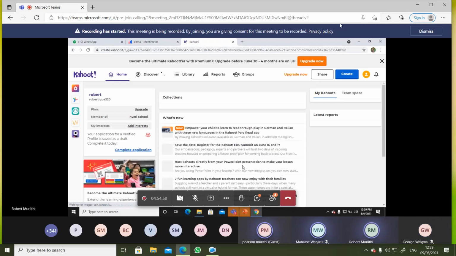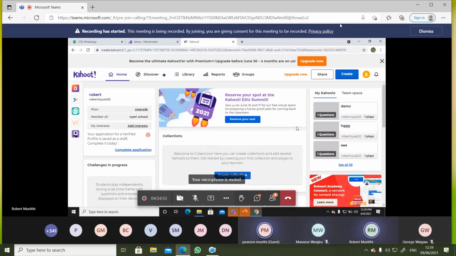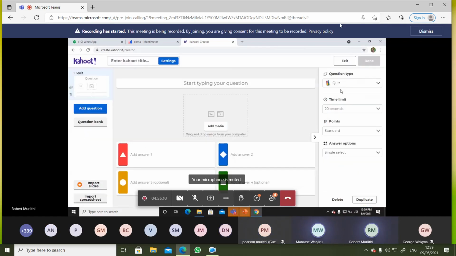Then from there we click here where the big indicator is, create. I don't know whether you can see it. Yes. Then you click there. In fact, it is not different from the Mentimeter. Then once you click create, again you come here where the question type is indicated,